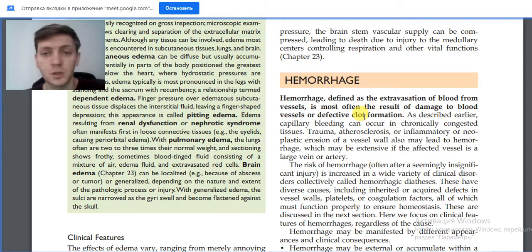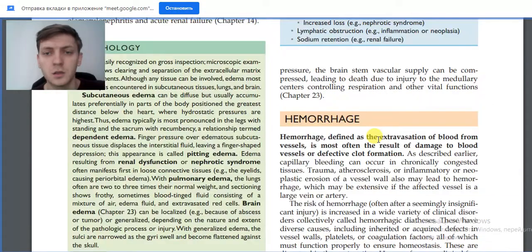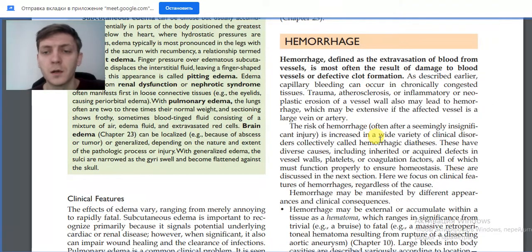So take a look. We always have some damage of the blood vessel, and normally even a small damage of a blood vessel must be followed by clot formation. How it is formed, we'll discuss in the next lecture. But hemorrhage,